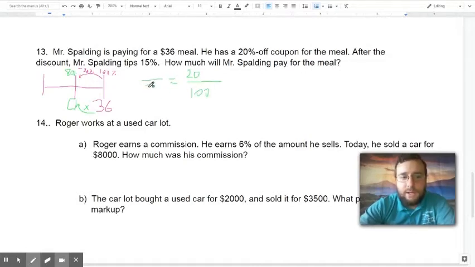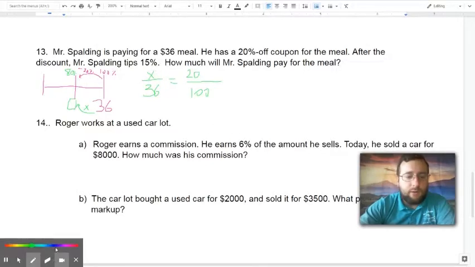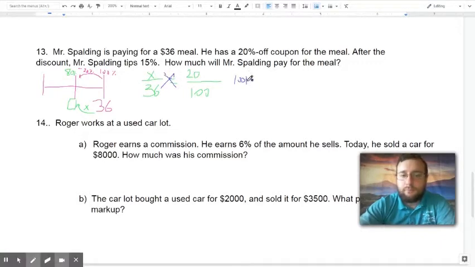So anyways, here you put the whole, which is 36. That's usually what's paired with 100% that goes down here. And this is where the part goes. And I'm looking for the discount. So the part goes up there. Next, I have to cross multiply. So I'm going to do that. And now we'll get 100x. And see, where you're looking for the part, you always get 100x. And 20 times 36, which is